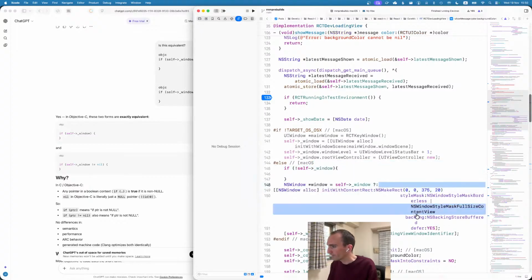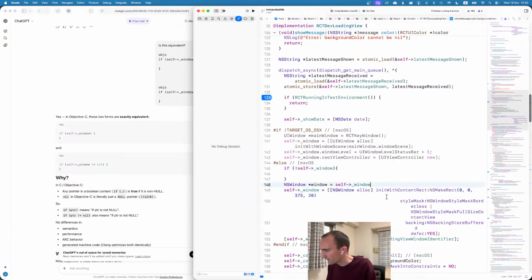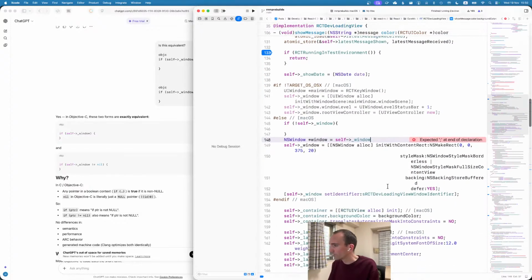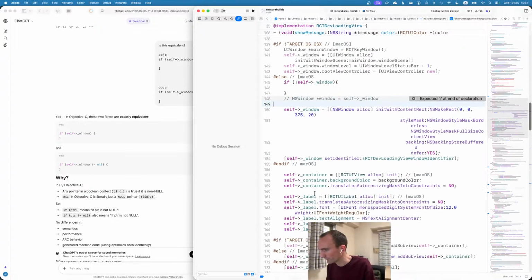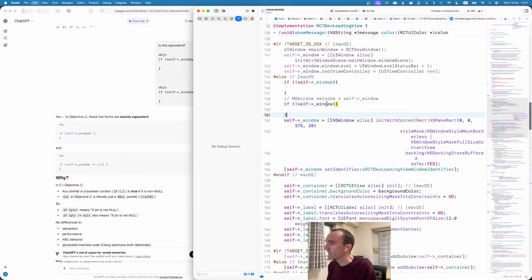But quite honestly, I don't like it, because if it is nil, we're also going to have to attach it to something. I'm sure we've got to do other stuff. So, okay, if you've got one,